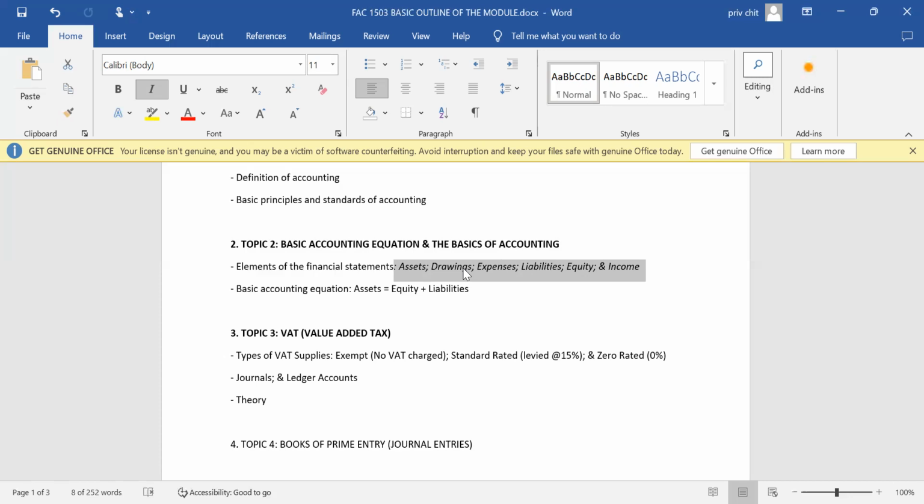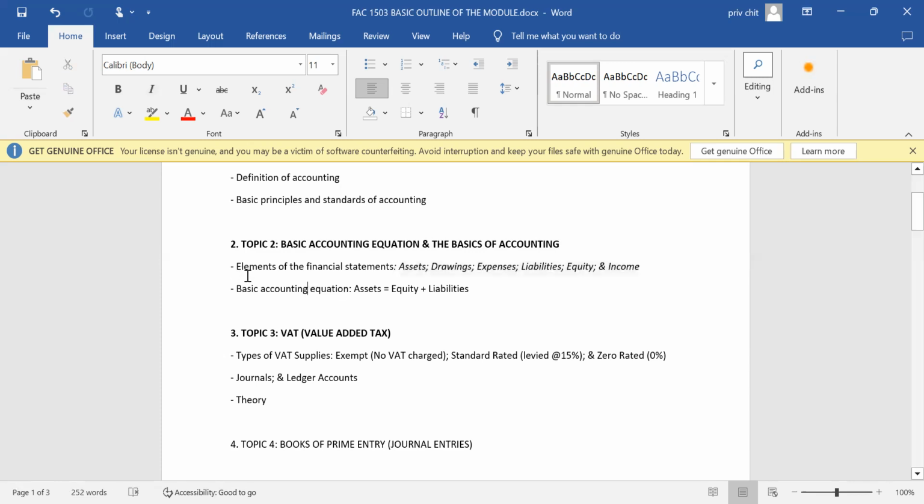So what I'm going to be teaching you as we get into topic 2, I'll be dealing with the details of understanding the elements themselves, their nature, and being able to pick them up when you read a transaction. So you should be in a position that when you read a transaction, you can easily pick up that, okay, here definitely there's a transaction pertaining to an asset, or perhaps this one actually deals with an income or equity, liability, or even an expense, right? So I will teach you to be capacitated enough to pick up those elements as you read through the transactions in the context of a question, right?